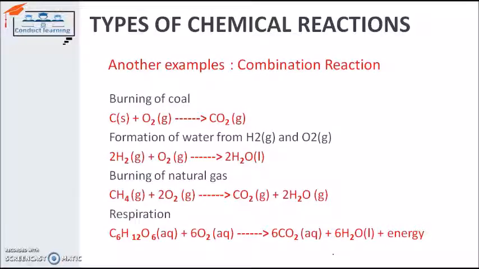For example, when we burn coal, we understand coal is a product of carbon. This is the symbol of carbon. When we are burning coal, it is possible only when oxygen is present in the air. So that's why for the burning of coal we require oxygen. A reaction happens between the carbon and oxygen, and after that reaction it gives a single product, which is carbon dioxide. It is a gas, carbon dioxide.